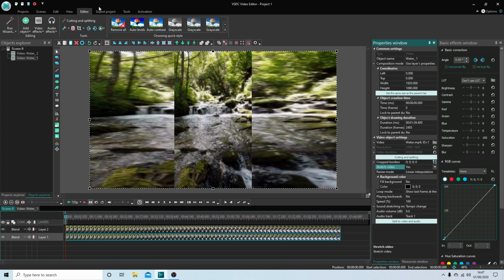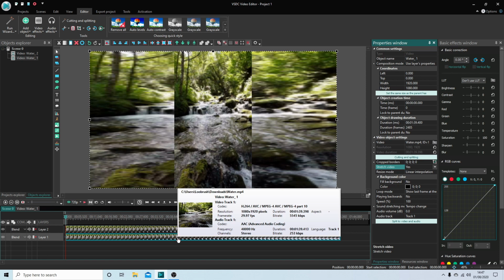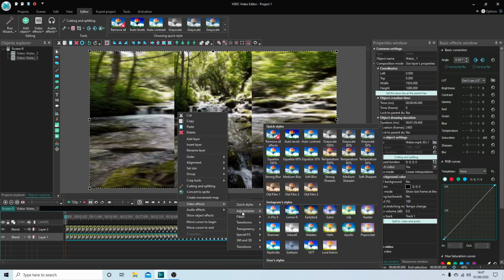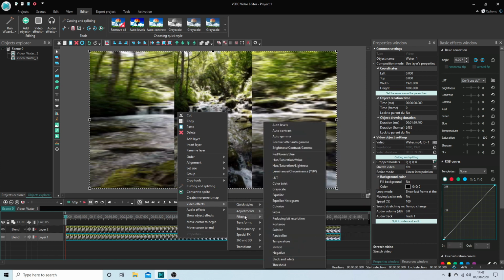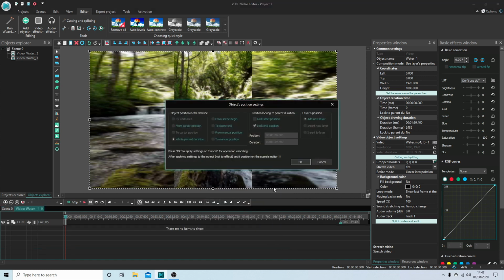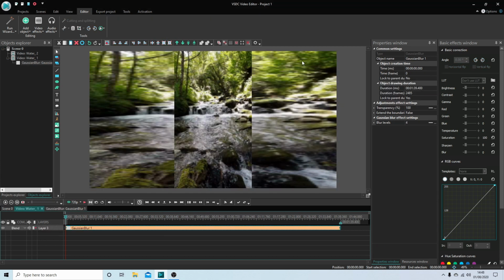Now, rather than going through all this here, all I'm going to do is right click on the bottom clip, then next to video effects, next to filters, you've got a couple of blur options, so you need to decide which one you want to use. So let's say we'll go Gaussian blur, select OK,